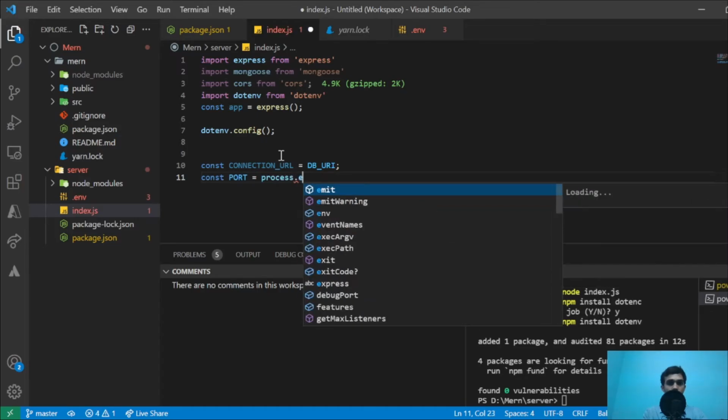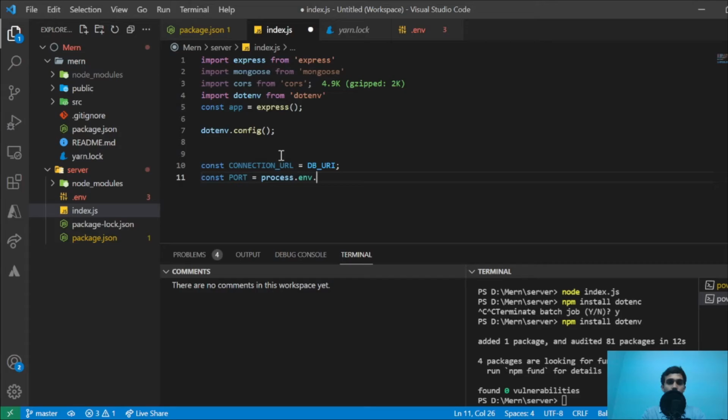So env.port. You can just keep it like that, else it will go to localhost 5000. This is the OR operator which we used, this or that. As we have imported mongoose, you need to do